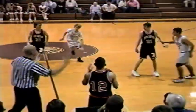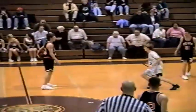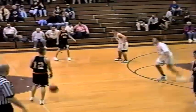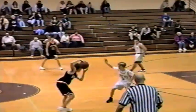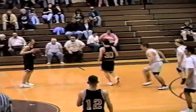Timeout is over. UD will inbound the ball. Buffington getting ready to do that. Does so back here for Antis. Justin taking it over in a wing. Slides it back here now for Robbie Miller. Herb all over Miller. Herb is guarding him. They put Herb on Miller. Now they take Buffington inside here for Dietrich. Back outside for Miller. Robbie pushing it back out there for that